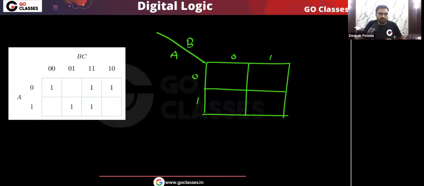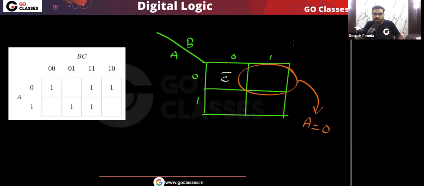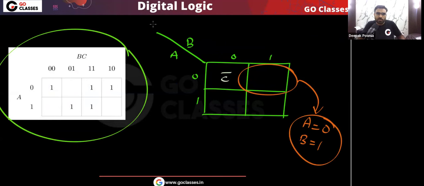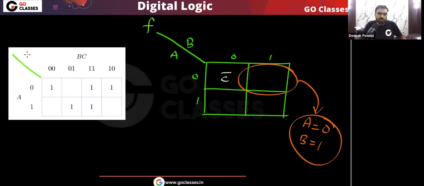Now this is already C complement. Let's find what is this entry. First of all, you notice that here A is 0, because A is 0 in the first row, and here you can see B is 1. A is 0, B is 1. Correct. Now let's see, when A is 0, B is 1, then what is the function value? First of all, you find where is A0 B1. You can see A is 0 in the first row and B is 1. You can see that B is 1 in these four cells. Is this clear?